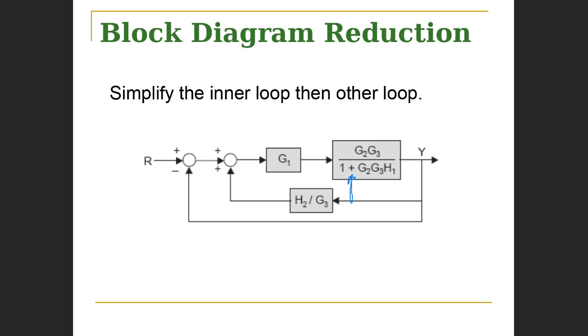So again, we have another cascade. Here's the cascade that we're speaking of. All right, let me redraw that. So I'm talking about these two blocks right here. And that's simple. Just simply multiply the transfer function of each block. That now becomes G1, G2, G3 all over 1 plus G2, G3, H1. All right, that becomes this part here. And having done that, we could simply call this entire block